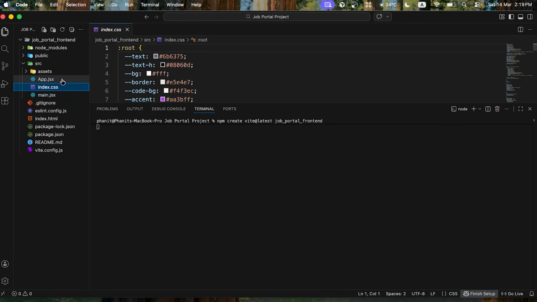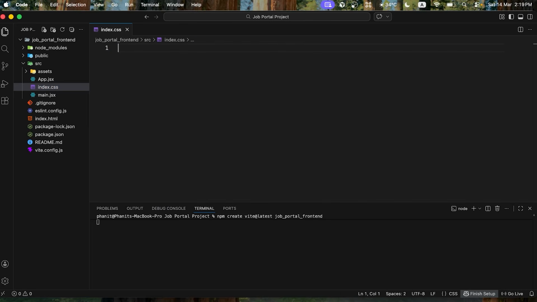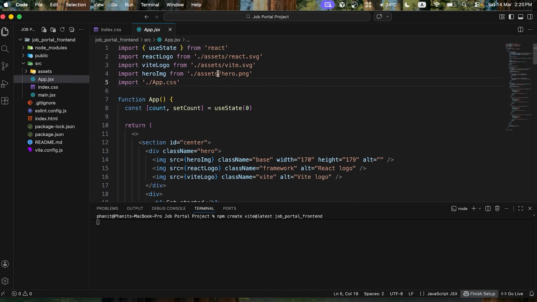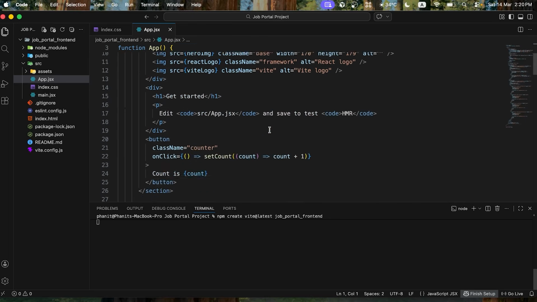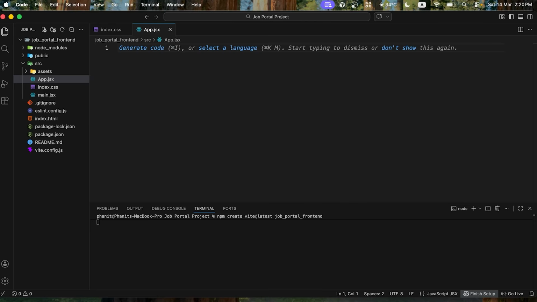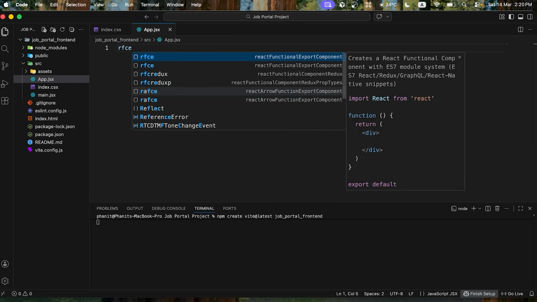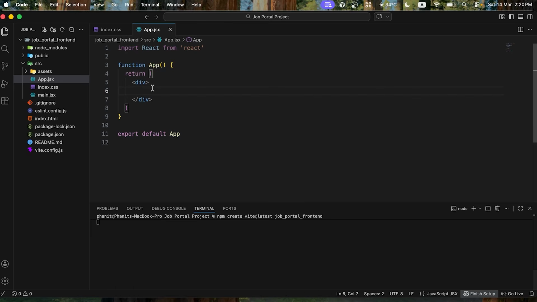Inside index.css, I'm gonna delete all of this. In App.jsx, I'm gonna delete this. So I'm gonna delete all of this. Then I'm gonna type rafce, then press enter. You see, this is gonna be